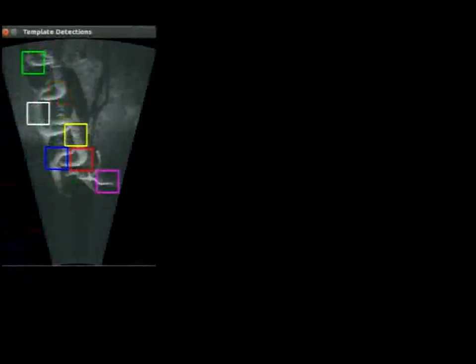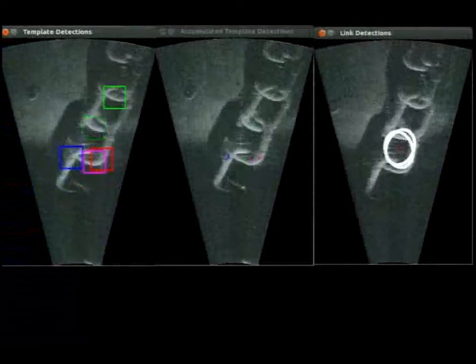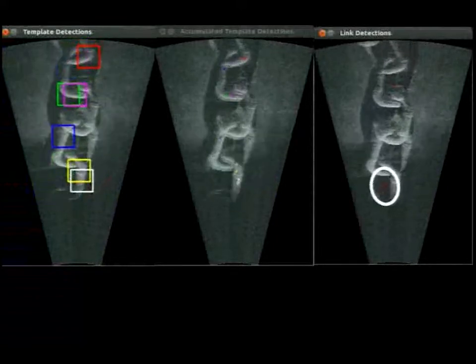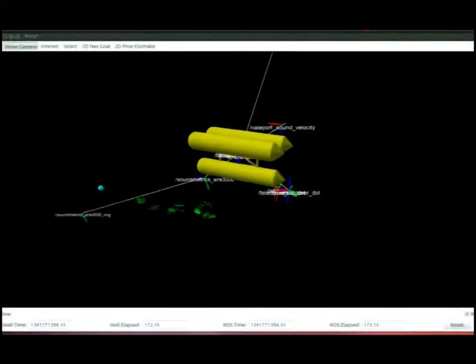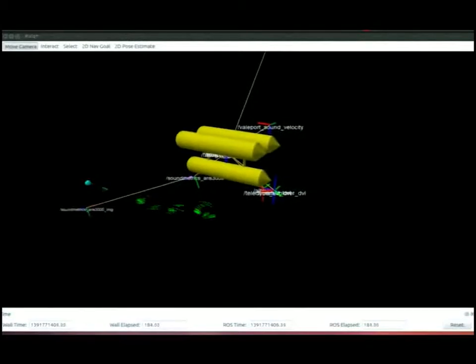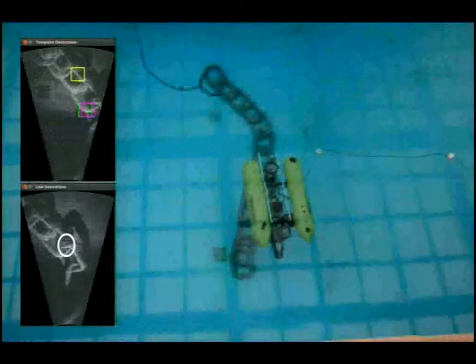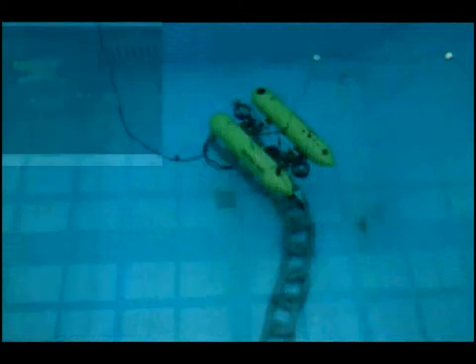Since the feature detectors are not working very well on this sonar imagery, what we do is we extract local template matchings through cross correlation, and we take profit of the high frame rate of the sonar to accumulate them over time. And knowing these detections and the link dimensions, we can extract the more probable locations for the link centers. So these noisy detections are then clustered in waypoints that the vehicle keeps following one after the other, while at the same time keeping the orientation towards the farthest detected links in the field of view, so as we don't lose the next upcoming part of the chain.